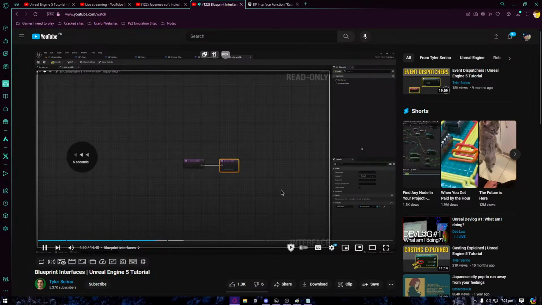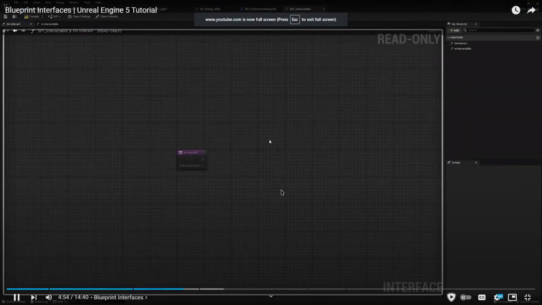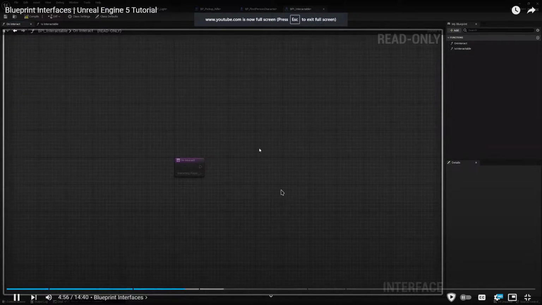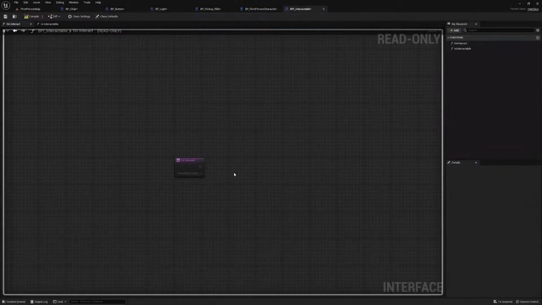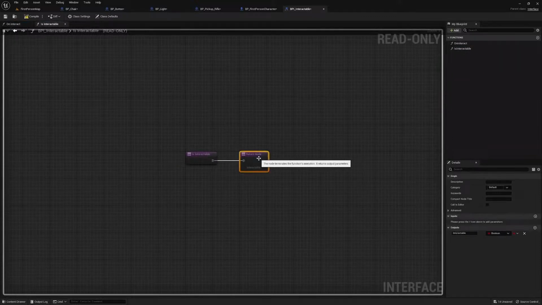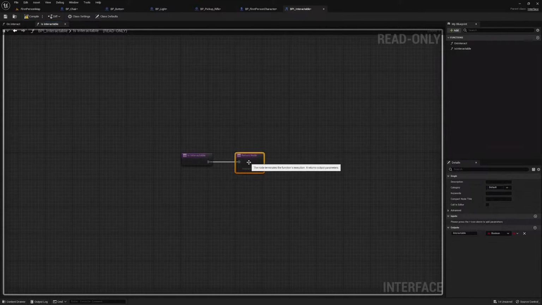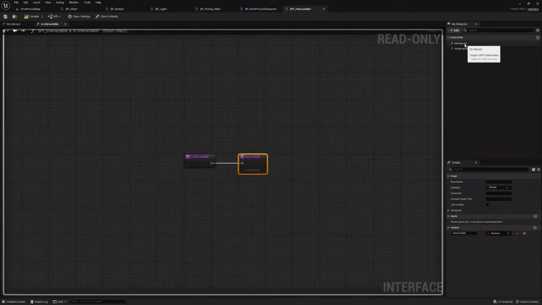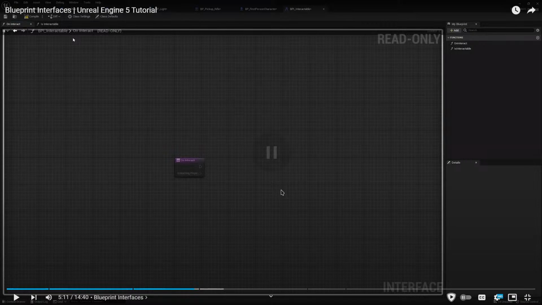It's going to be Boolean, and we're going to name the Boolean interactable. One thing real quick to note about interfaces is that any time you declare a function and it doesn't have an output, it's going to show up as an event, as you'll see in a minute. And any time you do have an output, it's going to show up as a function, which should make sense because events don't have return nodes and functions do. But anyway, enough talking. Let's